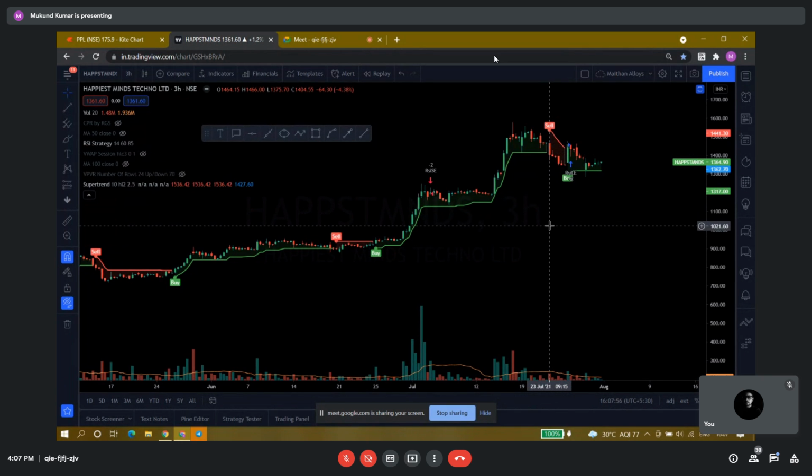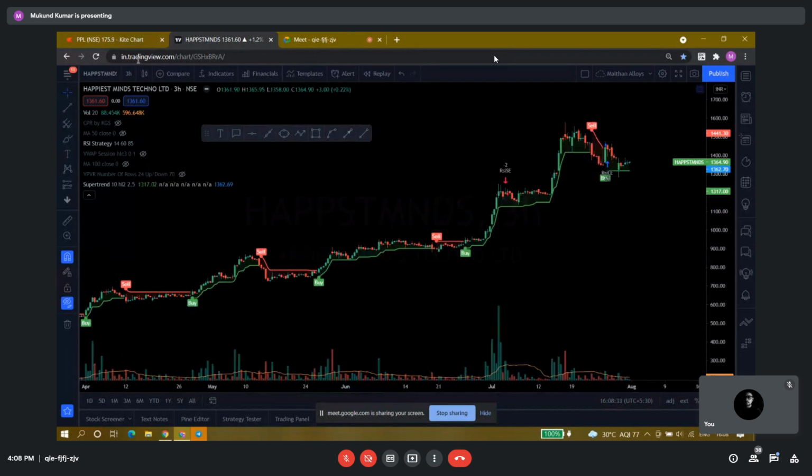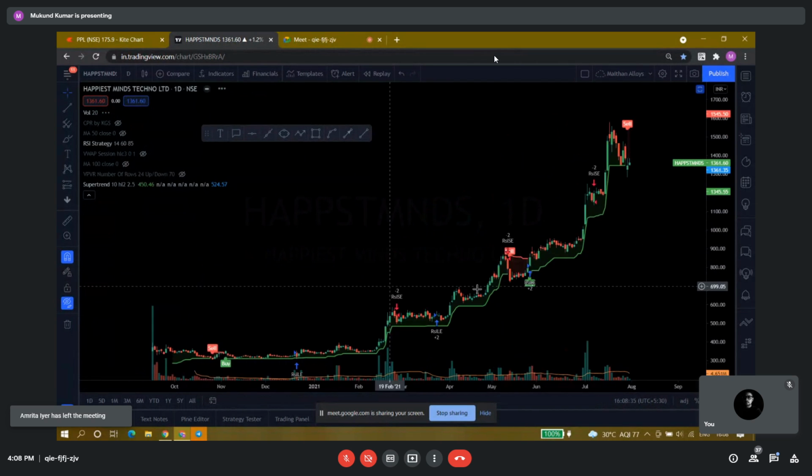Do you have any other suggestion for exit strategy? This is definitely a good one, because with Happiest Minds I can clearly see that I could have exited at the top and taken a new position at the bottom. It is visible to me right now. If you know any other exit strategy from a swing trade, that would be helpful. Maybe in future you can teach us some other techniques we can use.